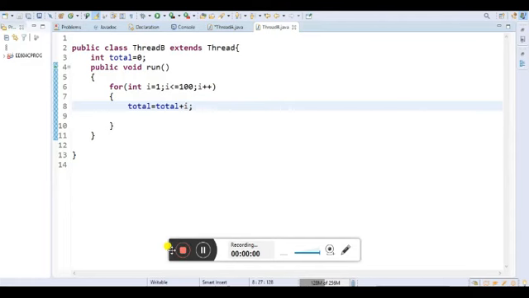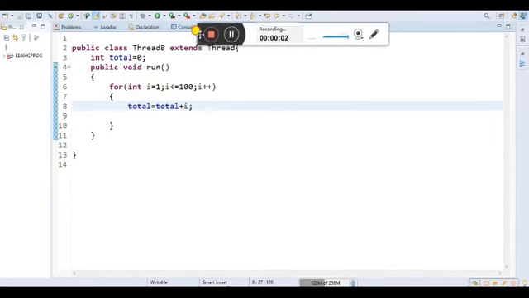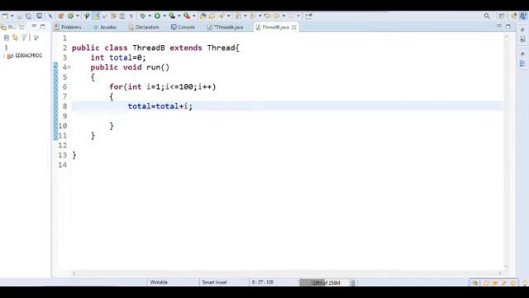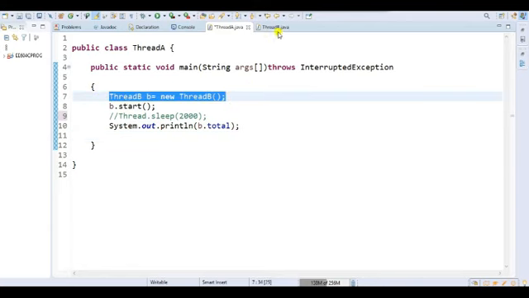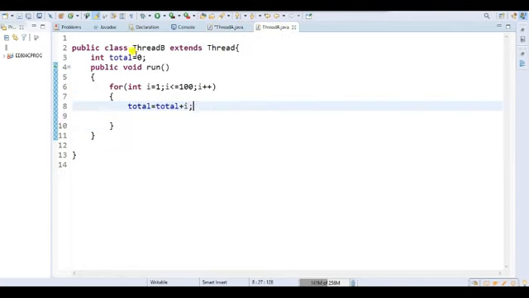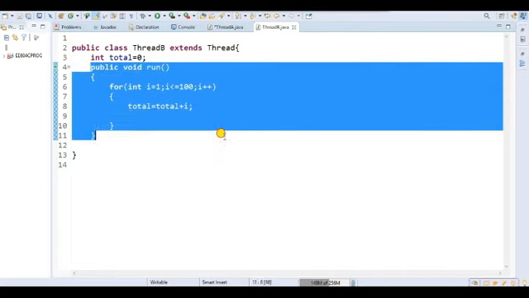Let us start with the coding example of wait, notify, notifyAll. I have taken two classes. One is my main class, with public static void main, and within it I have created an object of class B, a thread. This class extends the Thread class, so it is my child thread.